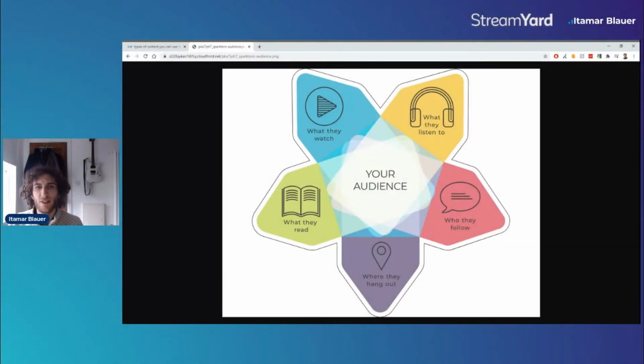A question I often get asked is, what are the best content types for my content marketing strategy? And this is something that's quite difficult to answer because it really does involve a lot about understanding who you are as a business and all about your customers as well and your audience. So I'm going to give you some tips on how to identify the best content types for your content marketing